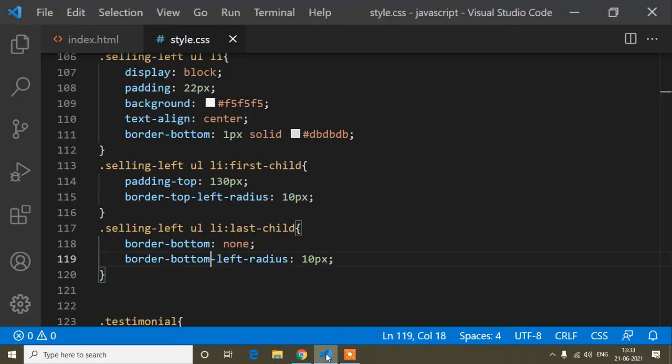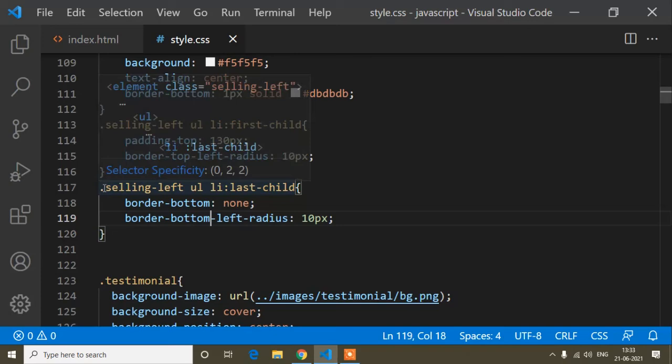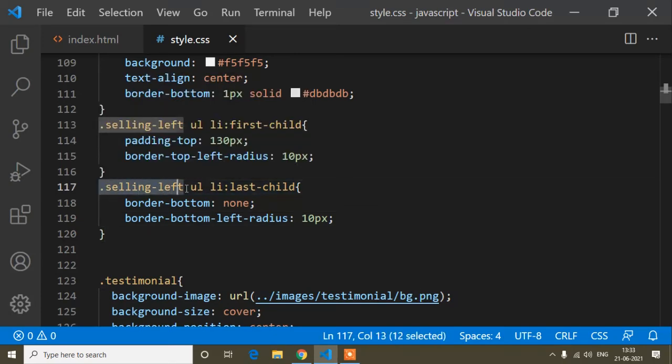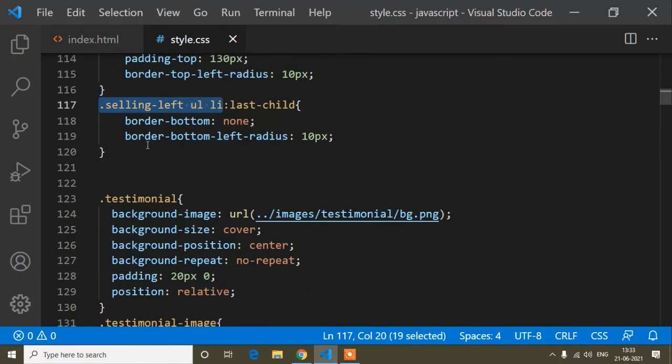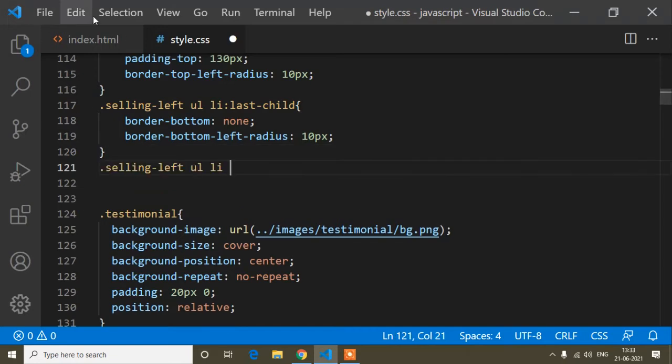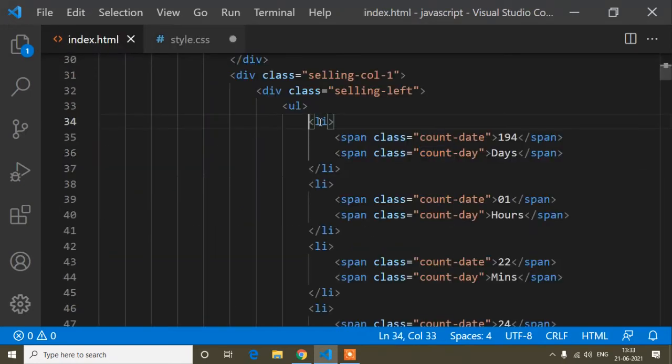Okay, and now guys, here I will copy same thing up to li. Up to li I copy, and just here I will paste. Because inside this li tag, each li tag there is the span and span class, that is count date. Every li tag the same. So first of all I will add the design for this count date.